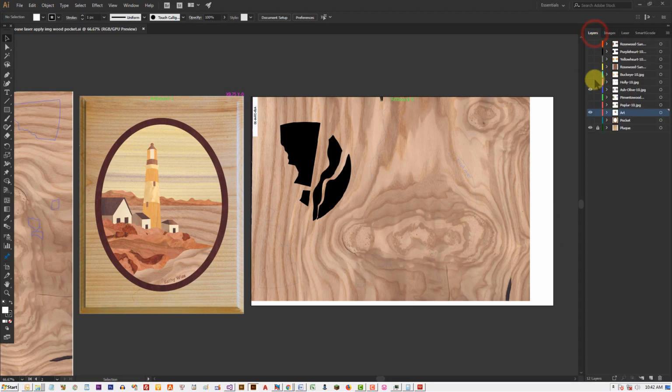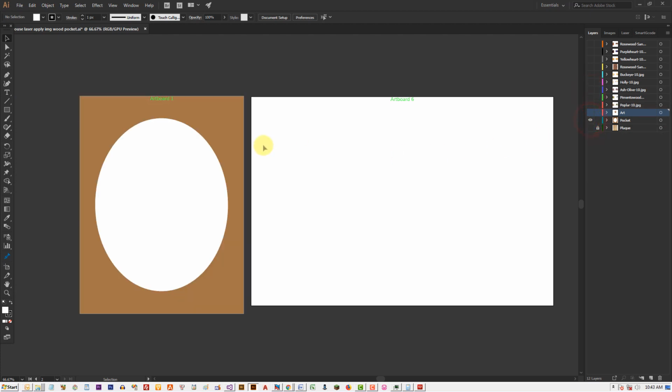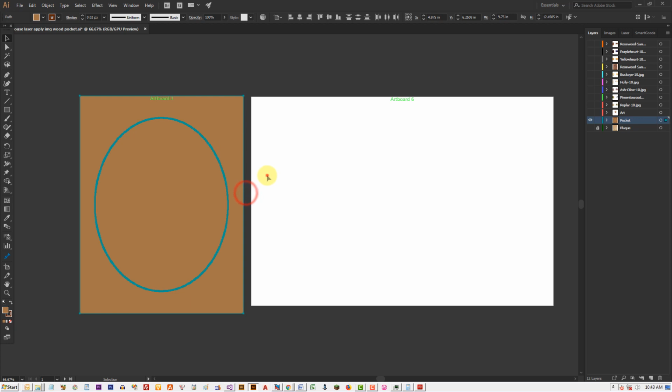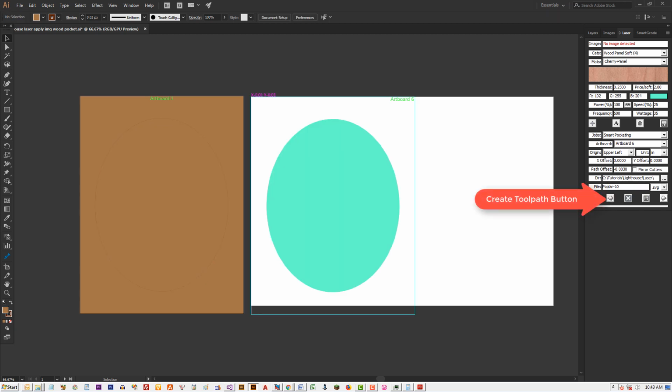Here I'm creating a pocket for the artwork and the text to fit inside. To do this, I hide all layers but the pocket layer, release compound path, select the ellipse, select the material for the plaque, select job type Smart Pocketing, specify which artboard to place the pocket on, and then finally click on the Create Toolpath button. The color of the toolpaths is as defined in the material database for the chosen material. If your laser has color mapping, then its speed, power, and frequency settings will be automatically set by this color.